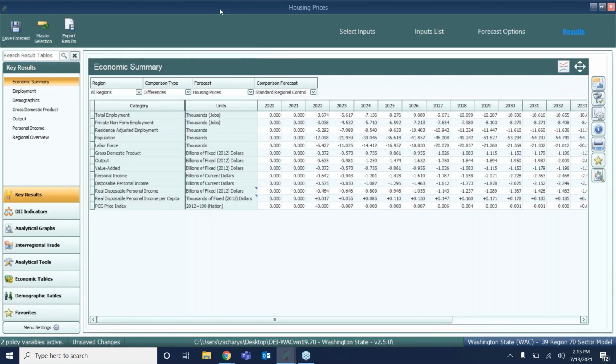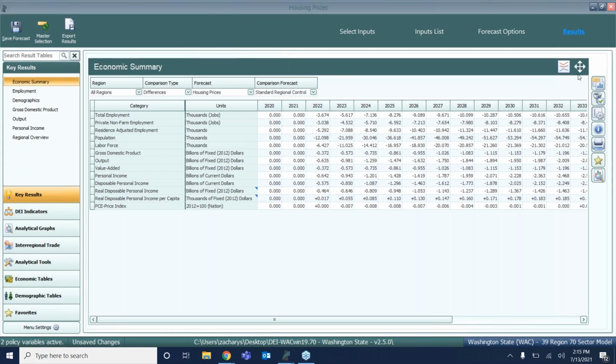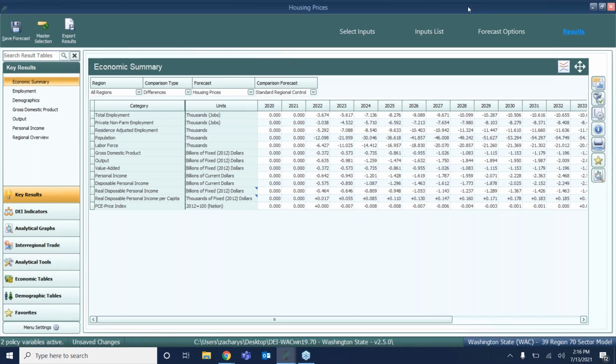I won't share all the results on this page. There's a lot to comb through. I have a few results that I thought were notable that I've pulled out and exported. Any result you see, you can export in either a table form or a graph form. But we'll just go over some key points before I go back to the slide deck.